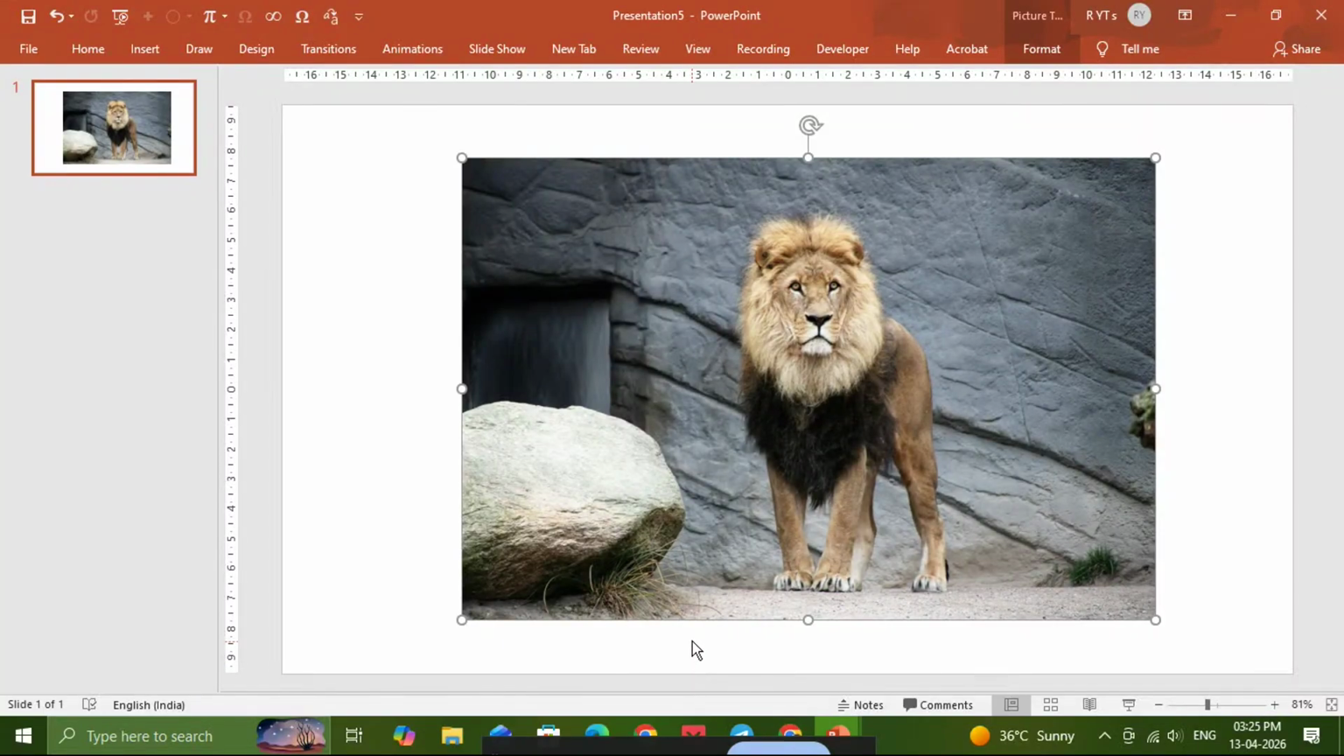If you want to learn how to edit a picture in PowerPoint quickly and make it look much more polished, you're in the right place. In this video, I'll walk you through the easiest way to crop an image, adjust its color and brightness, add effects, and even remove the background if you need a cleaner look. These are simple PowerPoint tools, but once you know where they are, you can improve your slides in just a